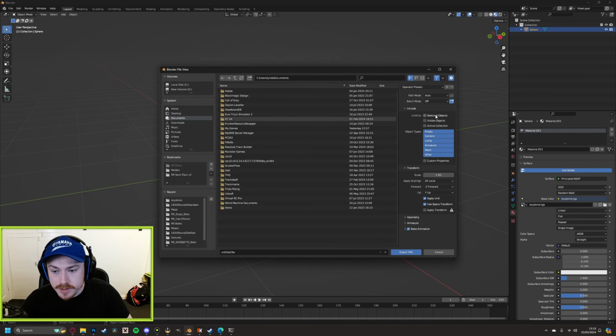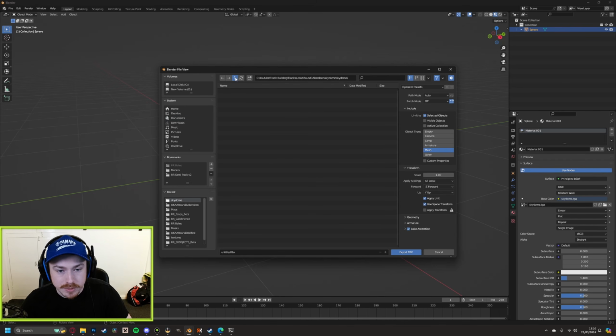And same as our objects, we want to click on selected objects and mesh. Now where you save this is also very, very important. So if we come into our track file here and we click on Skydome, you don't want to go into the extra one. You don't want it to be saved in the same place as your texture. You want it to be saved in the first one. So we just click on Skydome once, and then we will call this skydome.fbx